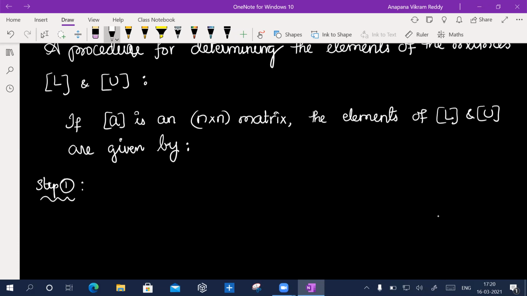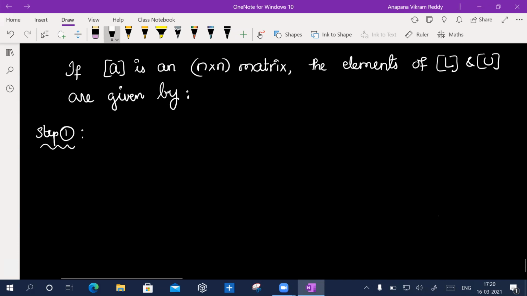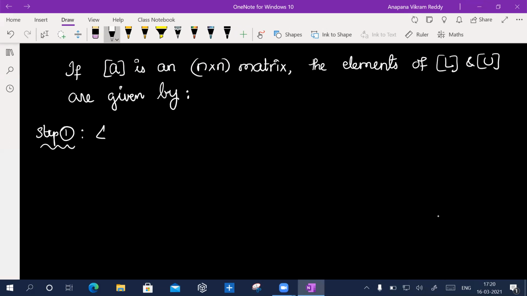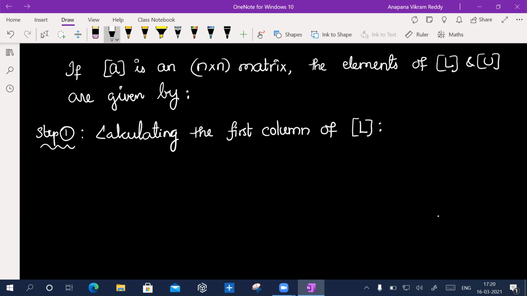For example, step number 1: what I want is to calculate the first column of L. I can do this directly, right?